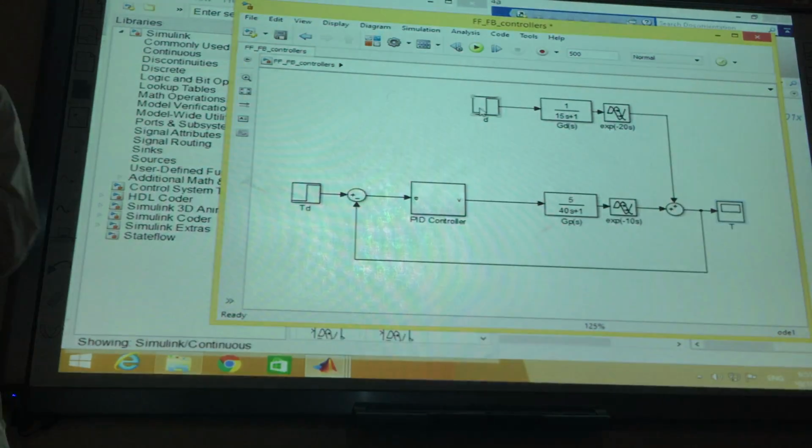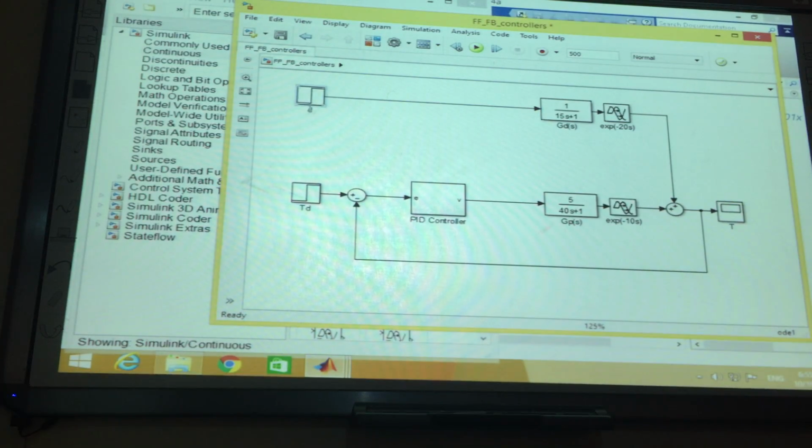That's why. What's the solution, guys? To add what here? Feed forward. Let's make the D here, and I will make another transfer function with transport delay, and I will call both of them GFF. Okay? Now, can you tell me how much GFF